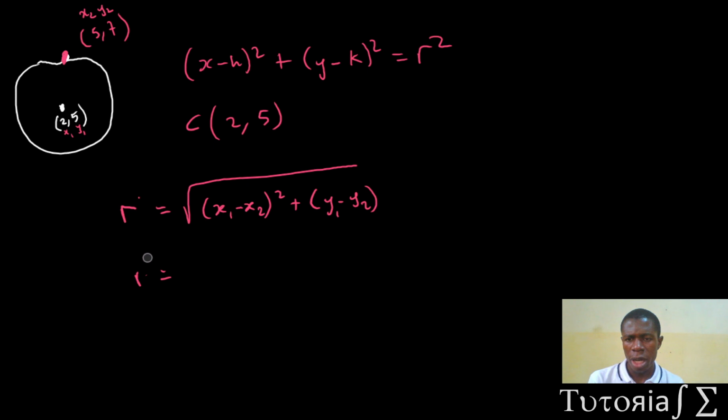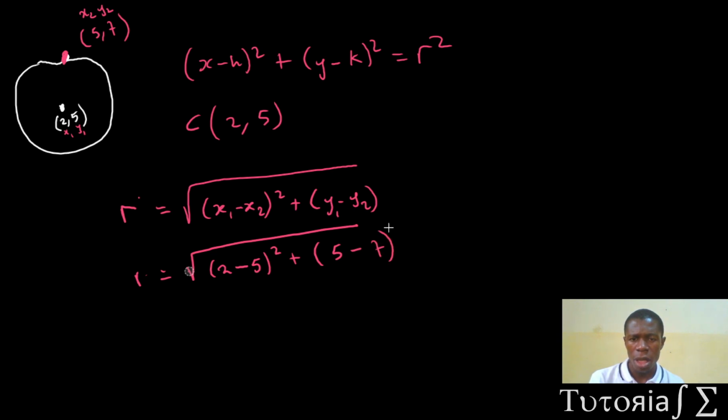Not supposed to be squared. So the radius will be equal to the square root of x1, which is 2, minus x2, which is 5, squared, plus y1, which is 5, minus 7, then squared. Then we simplify this. This would be the square root of